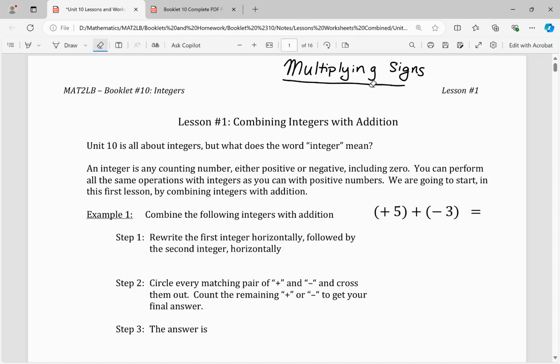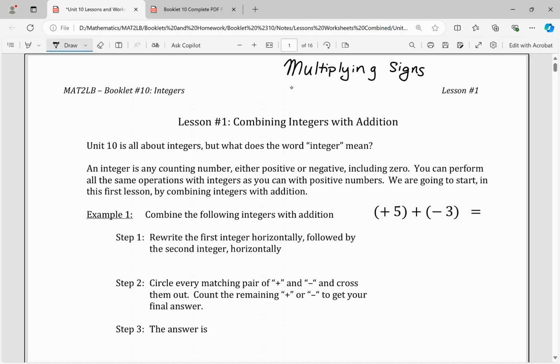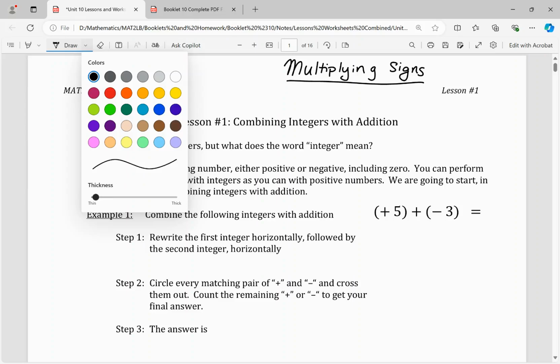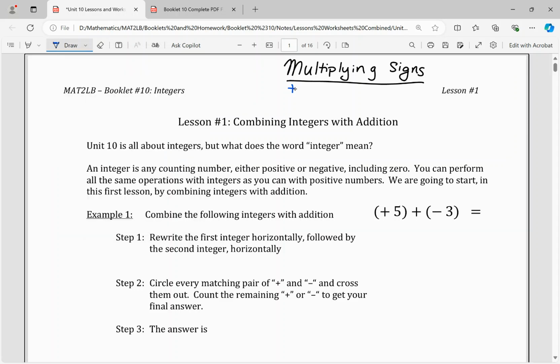Well, there's going to be a lot of multiplication in this unit, and sometimes we'll be multiplying positive numbers by positive numbers. Sometimes we'll be multiplying negative numbers by negative numbers or positive numbers by negative numbers. Now, what you need to remember is that when you have two positive numbers,